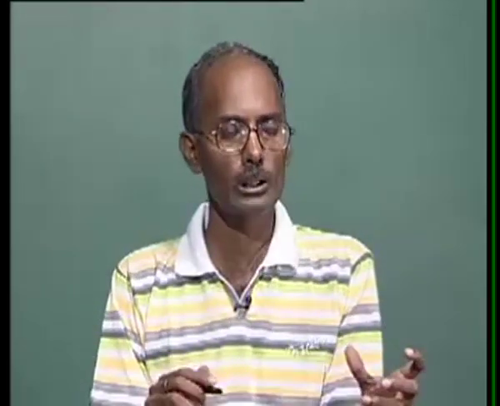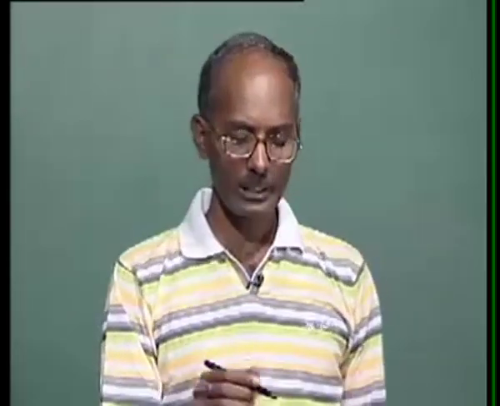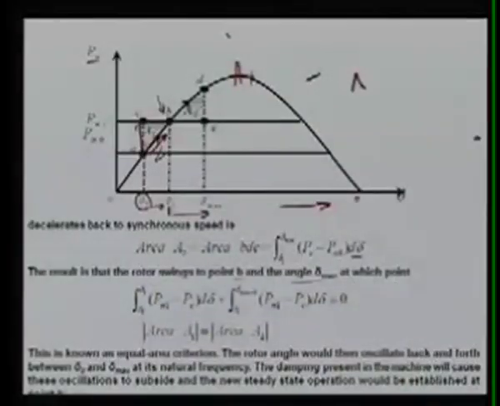We made certain assumptions, but it is very advantageous if you can form the single machine infinite bus system, and then you can see the behavior of that machine with reference to a certain fault in the system. It quickly gives the idea whether your system is stable or not without integrating the system, meaning without solving the differential equation. With the help of the two areas, we can know whether the system is stable or not. In this case, we saw that area 1 is equal to area 2 for